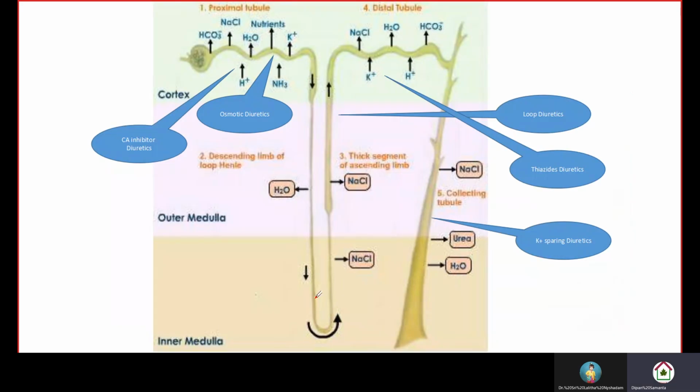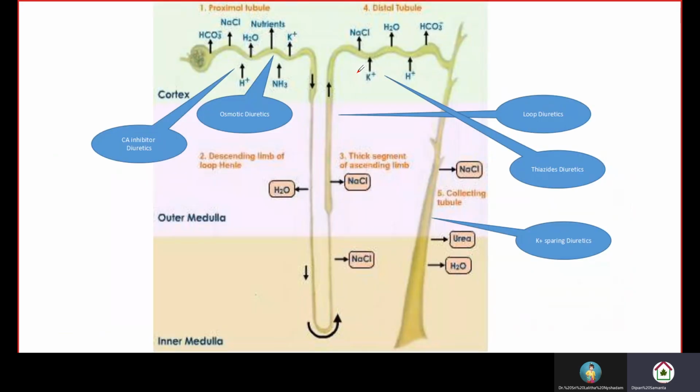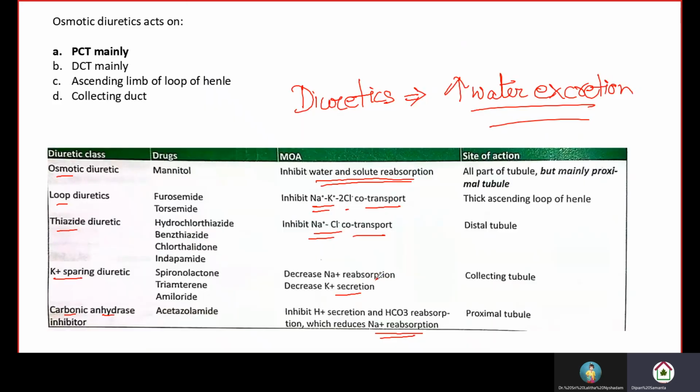you inhibit water reabsorption. You know that in the nephron the urine formation takes place. This is the nephron, right? And in these tubules, this is the PCT, proximal convoluted tubule. Then we have the descending limb of Henle. Then we have the ascending limb of Henle. Then distal convoluted tubules and collecting duct. So if we can,